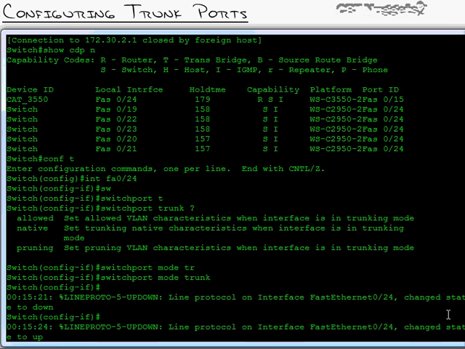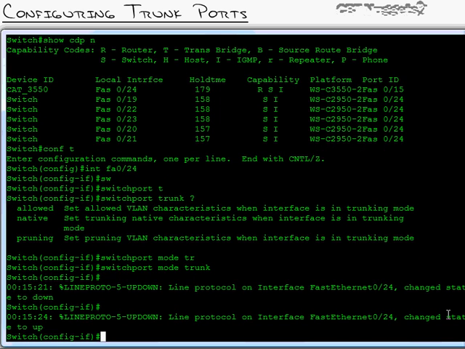You can see that the other side went down and went up. It will bounce the interface when you configure the trunking mode. Now, the other side is set to the default, which is dynamic desirable. So this did negotiate a trunk with the other side because switchport mode trunk still sends the DTP